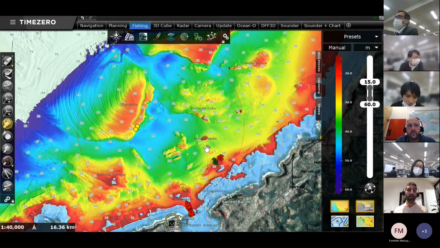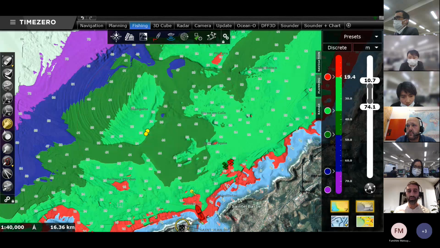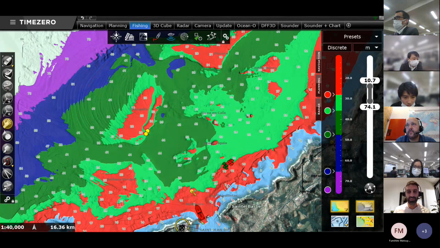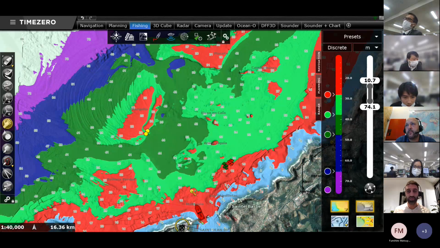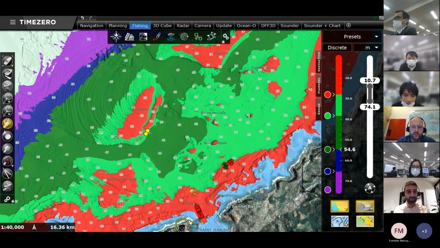All right. And then you have a third scale that is called discrete. Discrete is basically a scale that you can create by yourself. You can select the colors that you would like to see, because even the manual scale uses a color shading between yellow to orange, red, green, and blue. But let's say that you're not happy with the automatic coloring that Maxi offers. You can create your own palette using your own colors, and you can change the color.